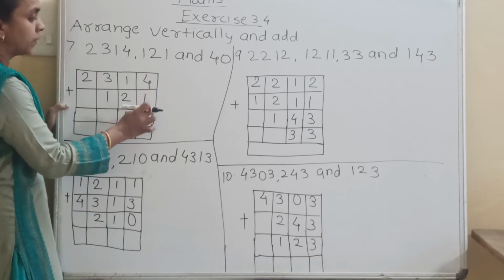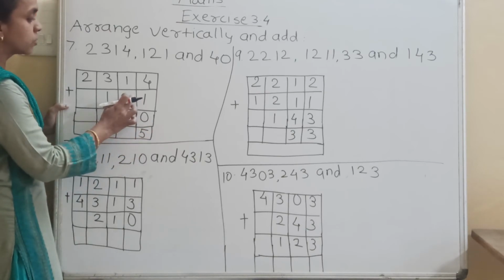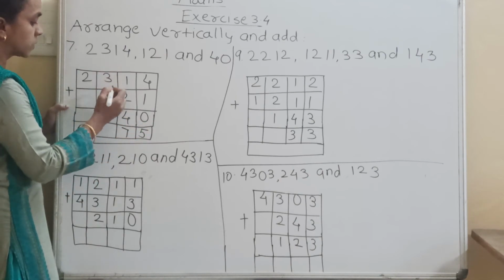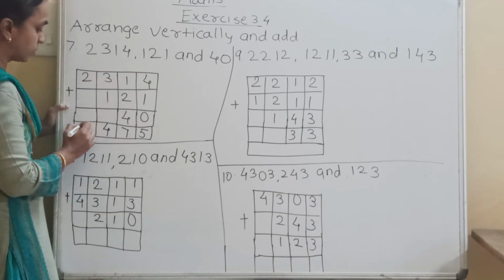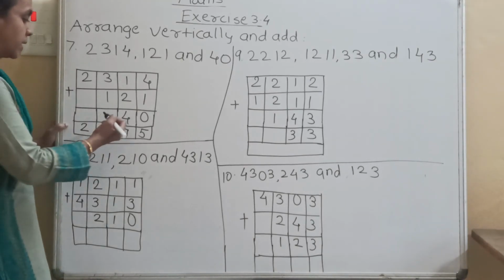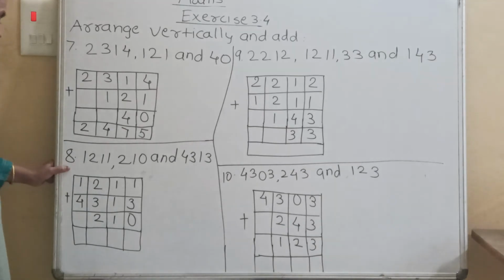4 plus 1, 5. 5 plus 0, 5. Then 4 plus 2, 6. 6 plus 1, 7. 3 plus 1, 4. These two as it is. Answer is what? 2475. Then see next example 8,